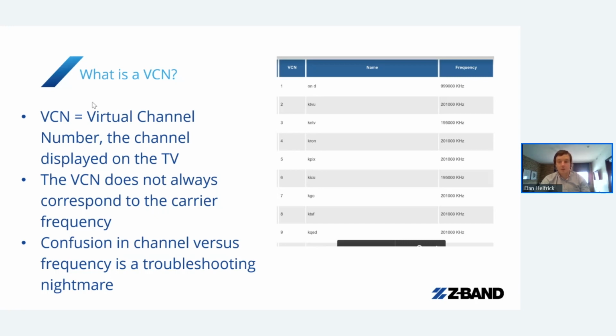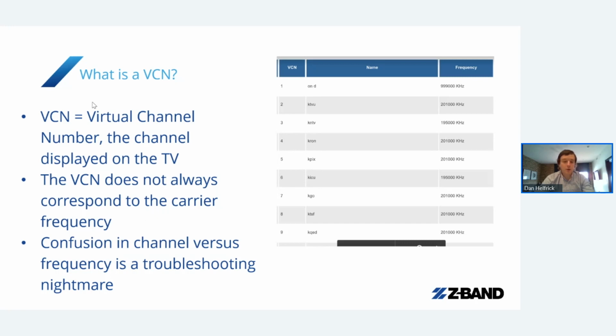Is it the RF frequency that corresponds to 55? The link that I had on the previous page will give you a map of what those corresponding channels are with their frequencies. It's really difficult to troubleshoot because there are times where you're going through the process of troubleshooting a channel, trying to get RF measurements, which we'll cover next, from that channel,